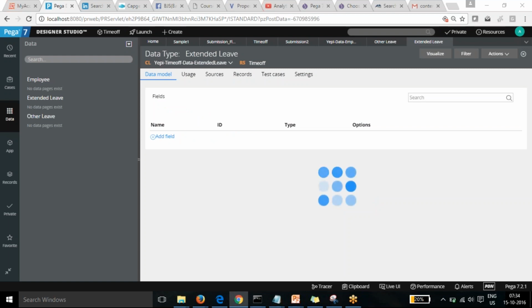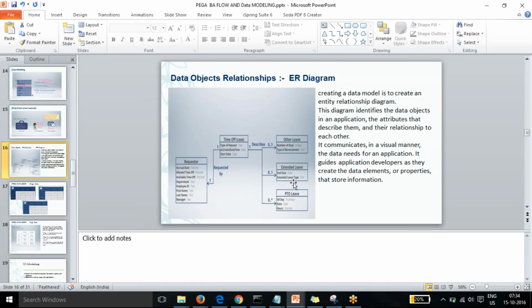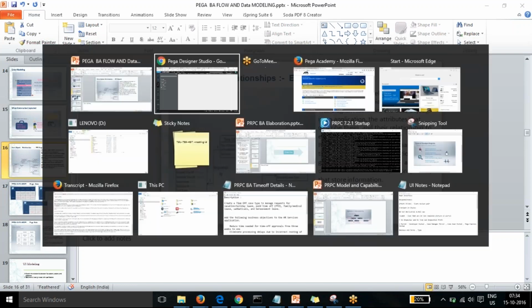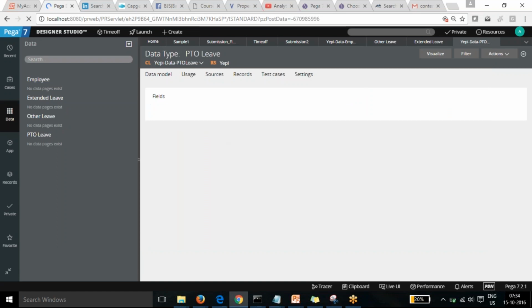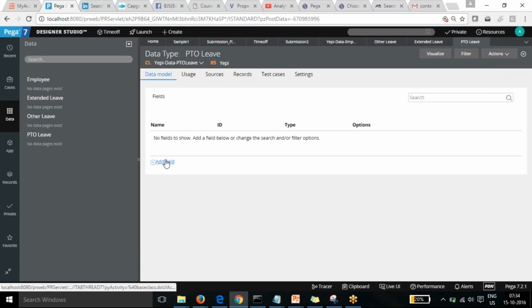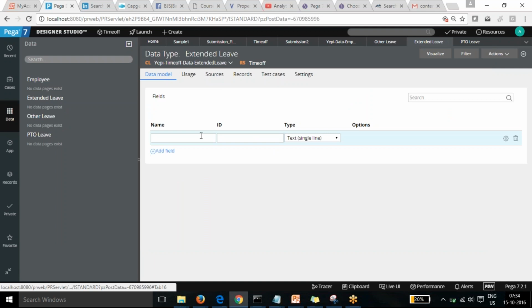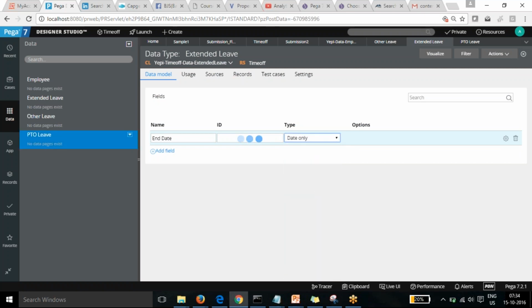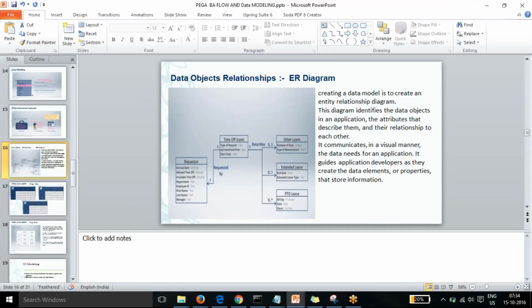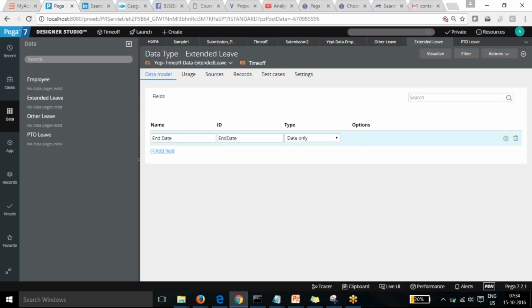For extended leave we need two fields, end date and extended leave time. So here I'm going to give the end date, and I can go for date only on that, and go for extended leave time.